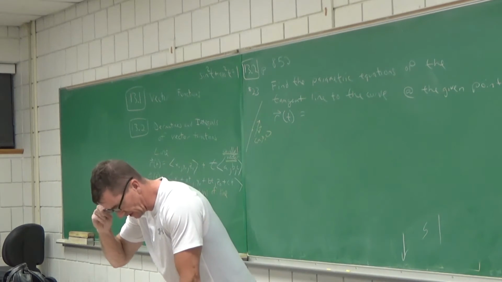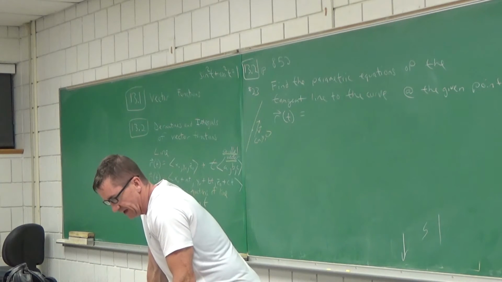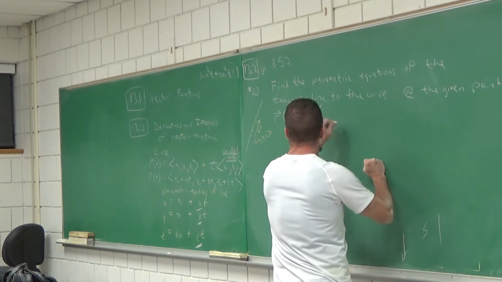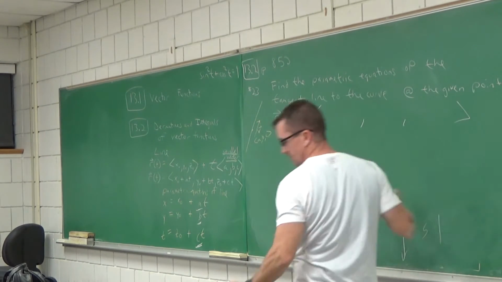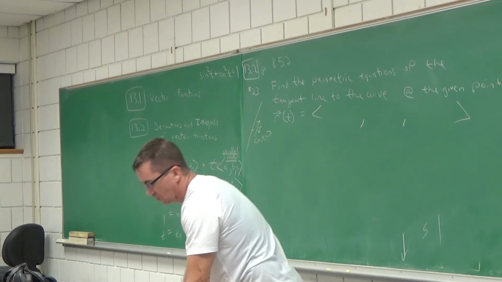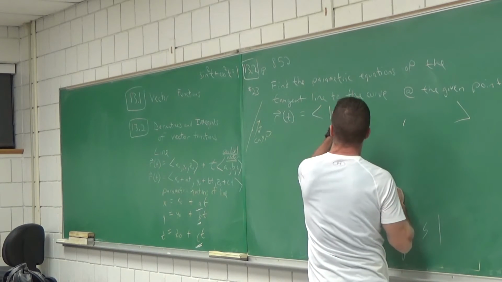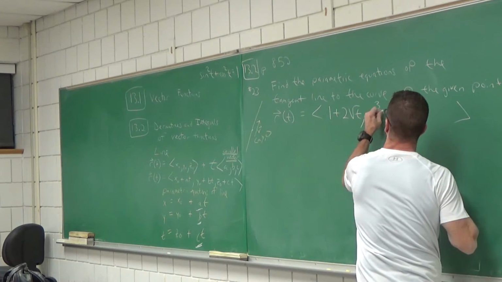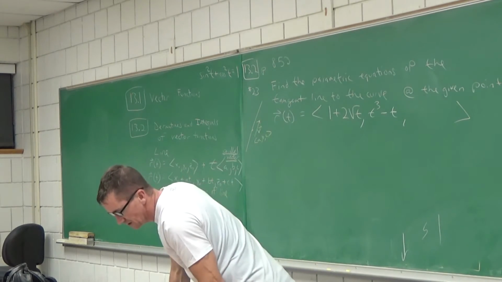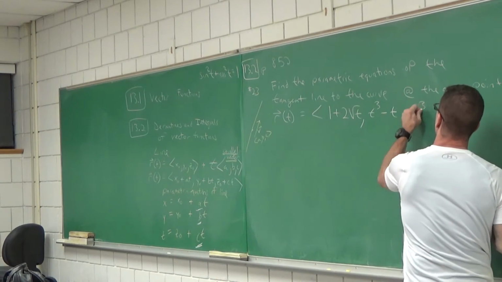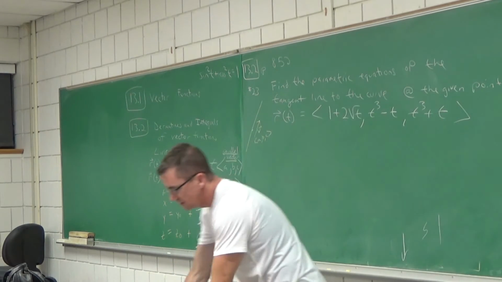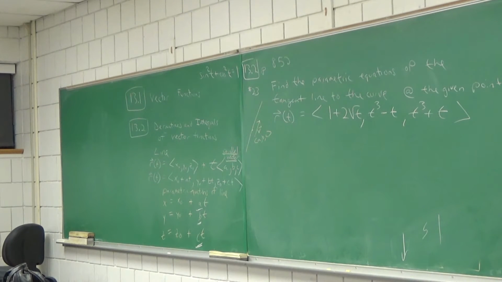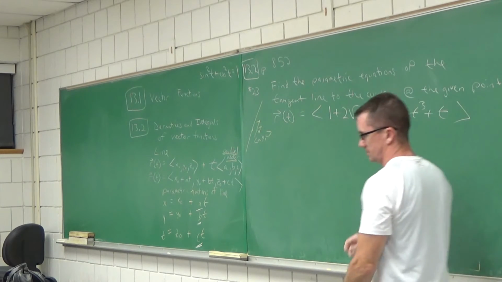All right. And number 23. Here's the vector curve. It's funny because when they wrote this, I'll write it in vector curve form. They just wrote the parametric equations: 1 plus 2 square root of t, t cubed minus t, and t cubed plus t. And what's the point? The point is 3, 0, 2. So here's the point they're talking about, 3, 0, 2. We'll do that.